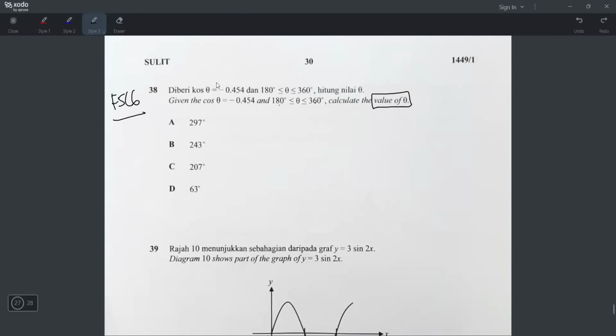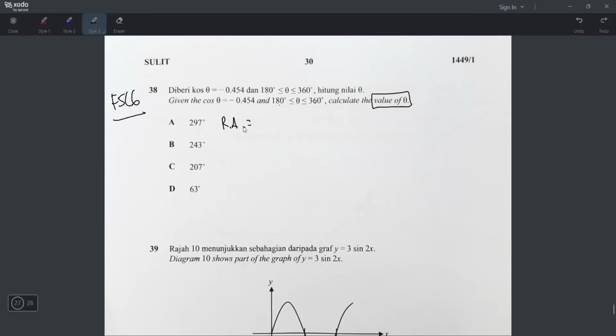Alright, first things first, we have to check the quadrant. Because when you press the calculator, you cannot press shift cos negative 0.454. That's the wrong way to do it. You cannot press the negative because the negative only indicates quadrants. So you have to check which quadrant you want, and then later you have to get your RA first,